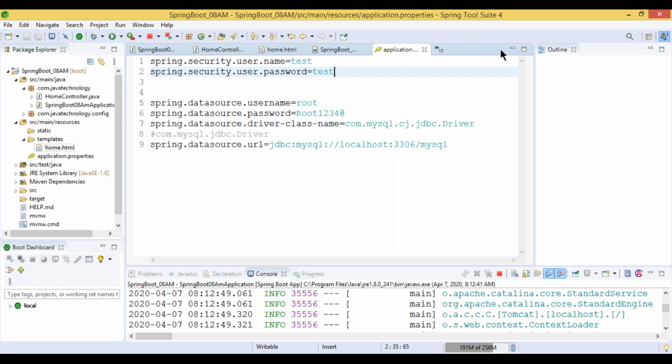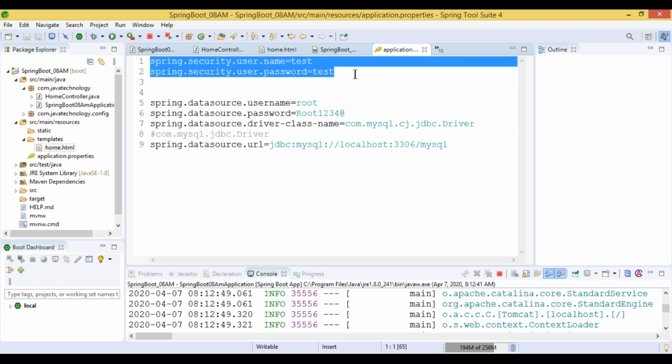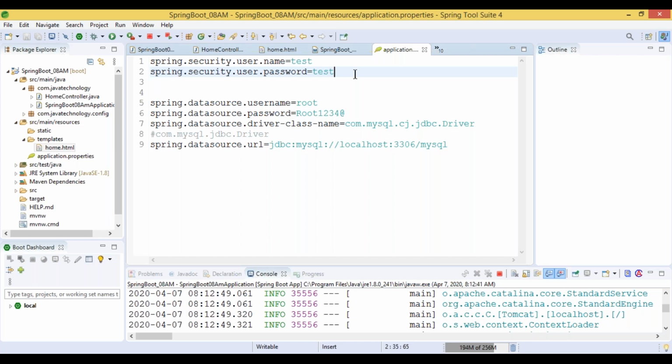So today, instead of providing it in our configuration file, we will get the data from the database. We will insert some user related information into the database, and connect with the database to get a username and password.